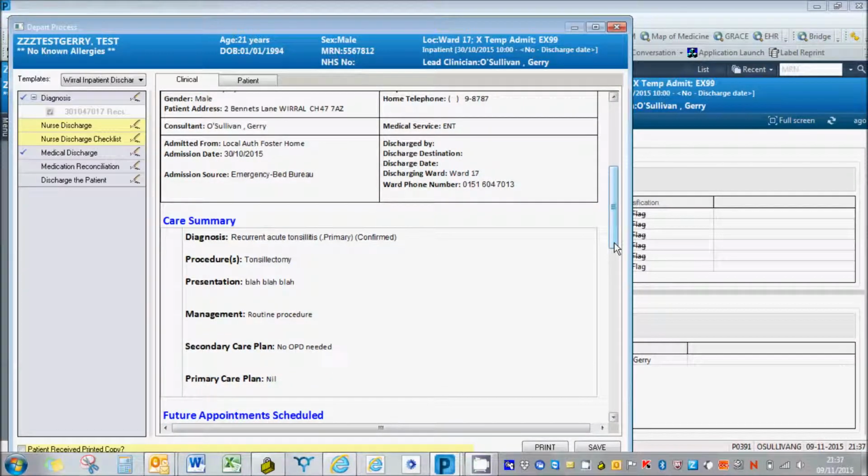I've got a diagnosis, procedure, I've got presentation, I've got management, I've got a secondary care plan, and I've got a primary care plan. What you will notice is that only the fields that have had information entered show up in the discharge summary itself. I will now pause the video for a few moments whilst I complete the nursing section as if I was a nurse, and then I will re-enter the form again, and I will alter it as if I was making an amendment after the patient had been